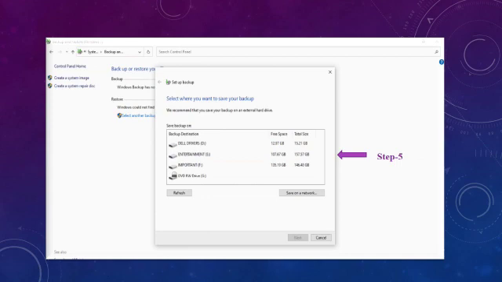You need to select the drive you want to save the file. Step 5. Select the drive you need to save your file. After clicking particular drive, next option will be blinked.